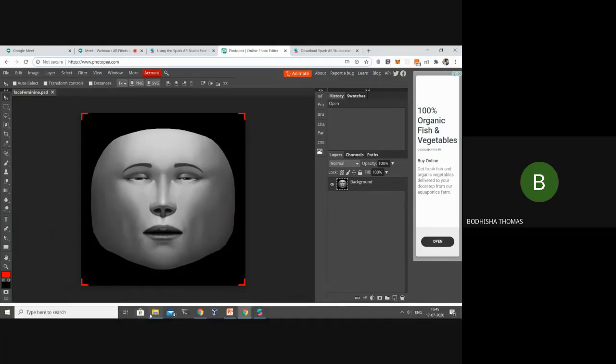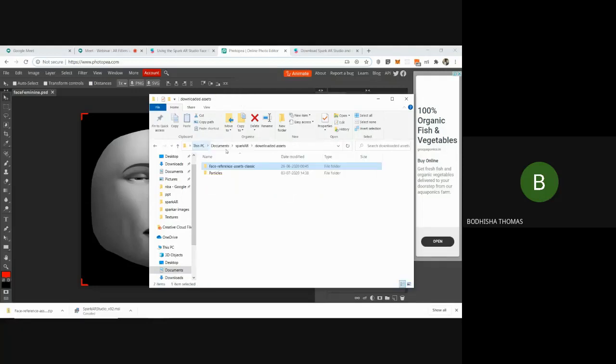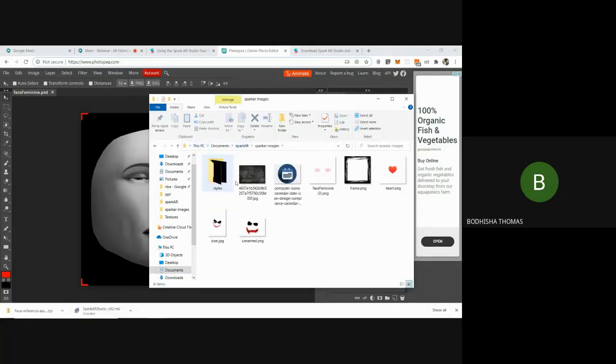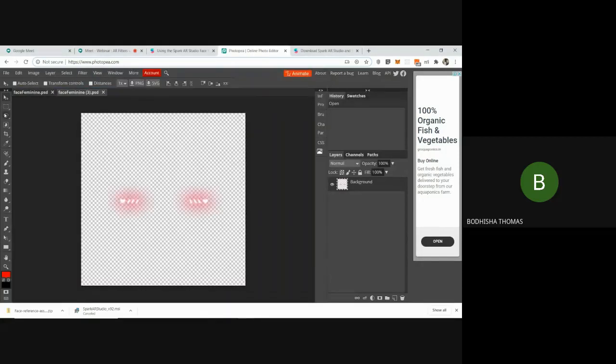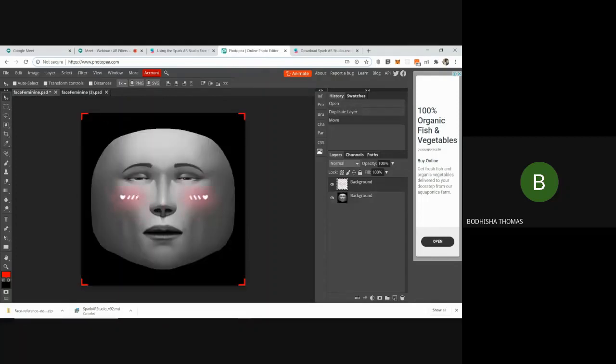So I'll add a texture, PNG image. What you have to do is drag and drop to the image. You can position it anywhere you like. Also, you can draw anything you wish. You can make your custom textures. Even you can add text to it and change the fonts and everything. So we'll try to download this.